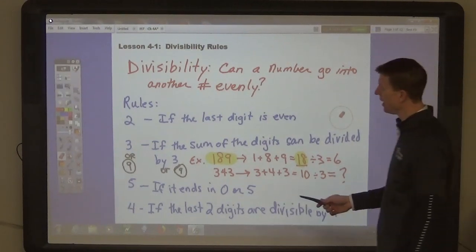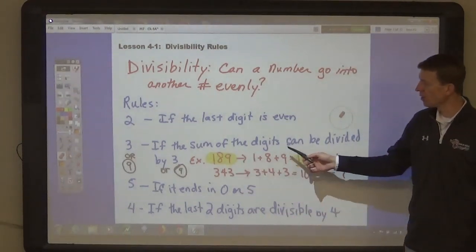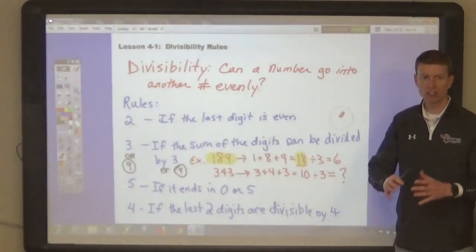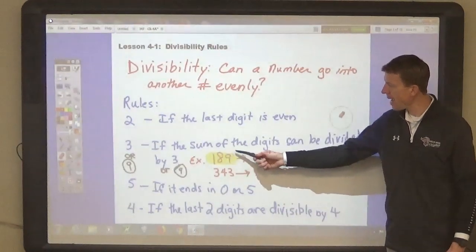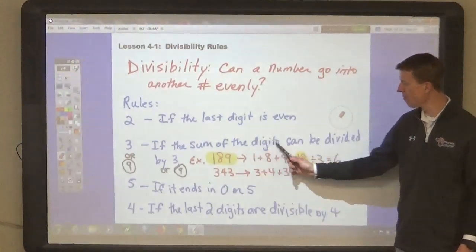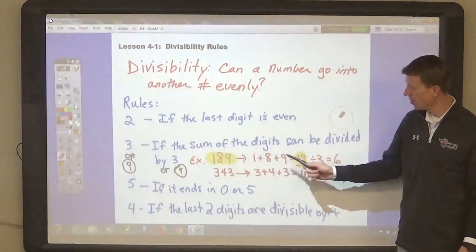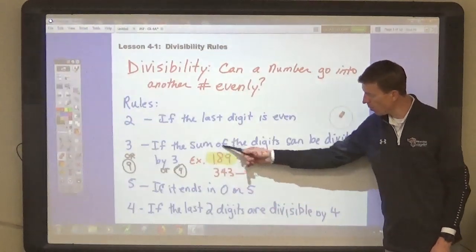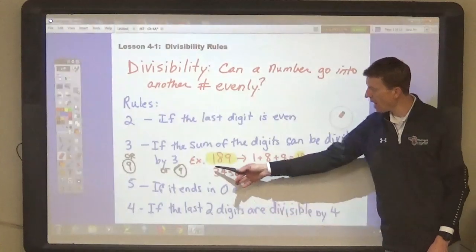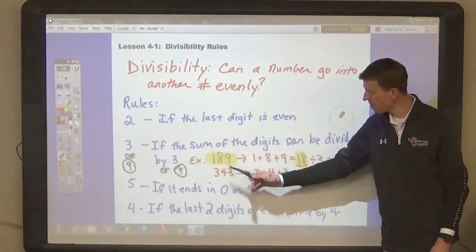The rule for 3: in order to tell if a number is divisible by 3 without just dividing it out, you can add the digits, or find the sum of the digits. So if you have the number 189, you add 1 plus 8 plus 9,